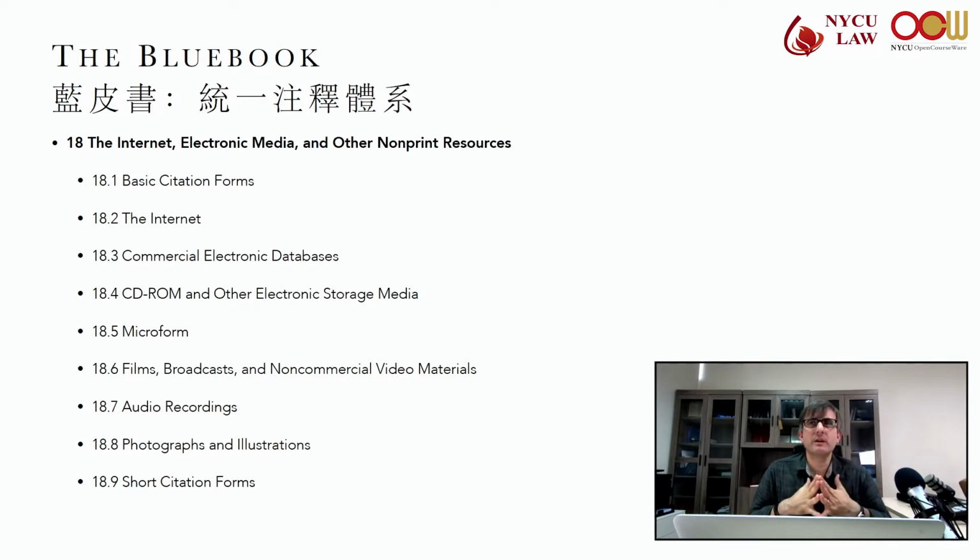Then the Blue Book explains something they call online sources with print characteristics. In this situation, you would cite as if you are citing the print source, and then the URL directly to the end of that citation.